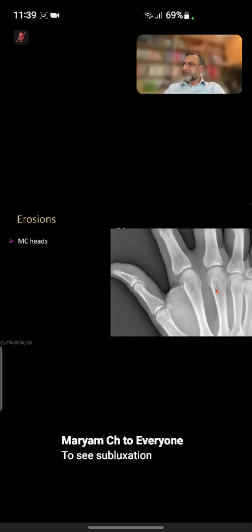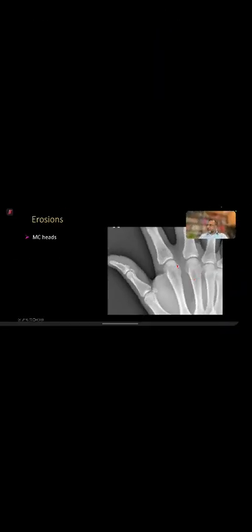Where would you like to see the erosion? This is the metacarpal head. You want to see it on this side or the lateral side? Very good. So, absolutely. Because ulnar side flattening, or sometimes there's irregularity on the ulnar side of the metacarpal head, and that can